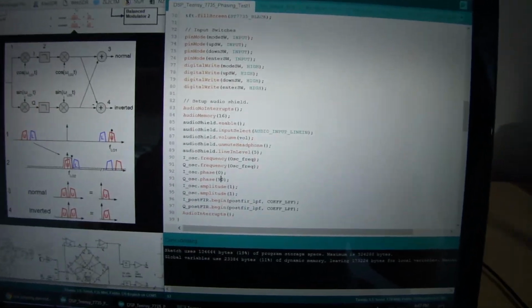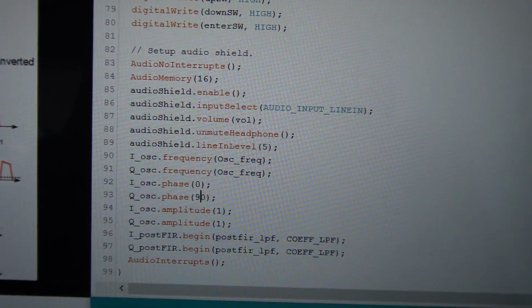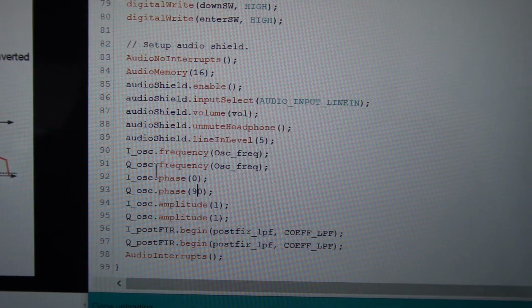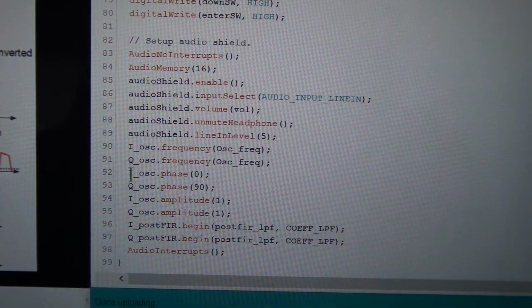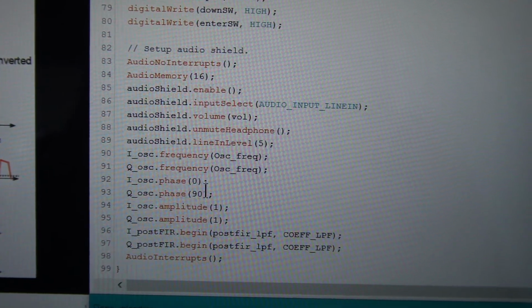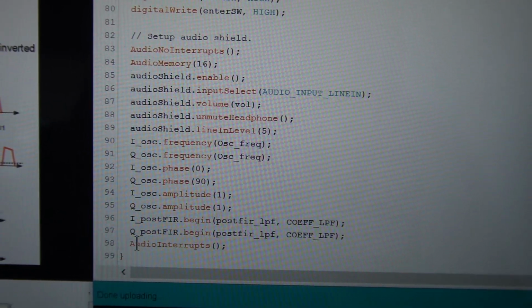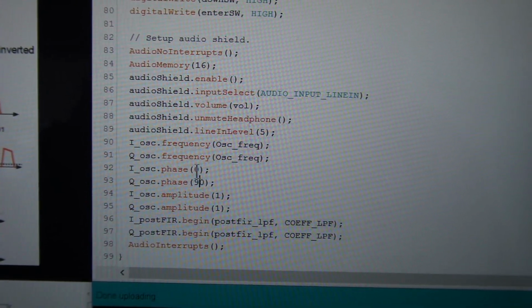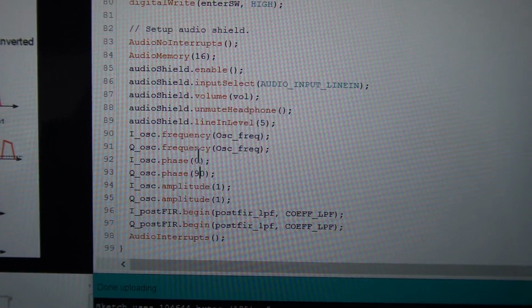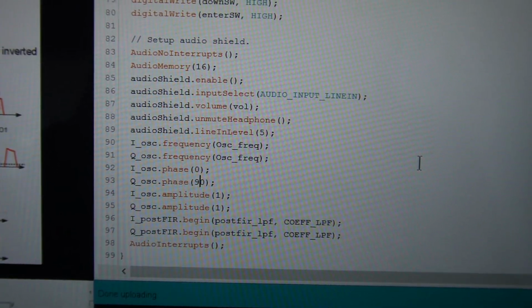It's just a matter of when you set up the two oscillators in the library, you'd essentially assign 0 degrees and 90 degrees. So as long as you stop the interrupts at the start, make your changes, and then restart the interrupts at the end, then these will be locked in sync and they'll start. One will start at 0 degrees and one will start at 90 degrees. And then just a matter of